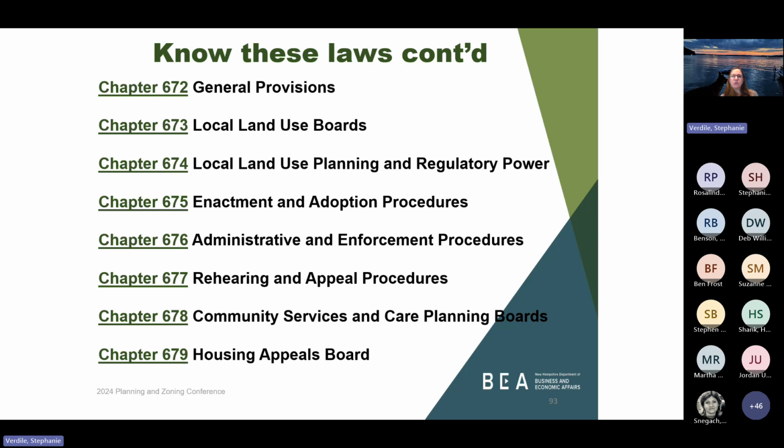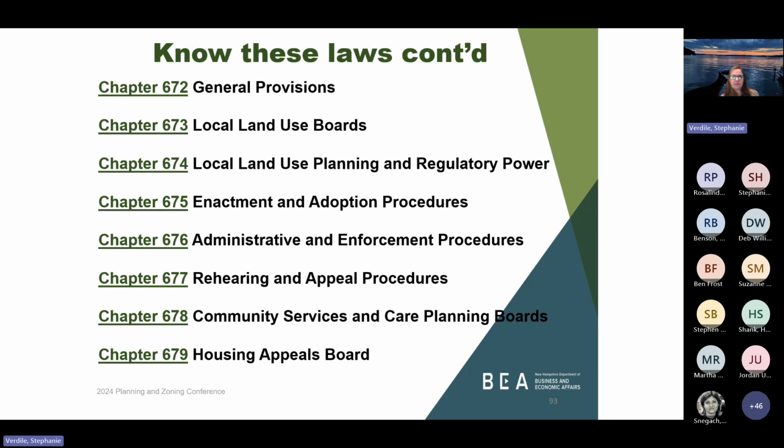You've got to post at least in 2 public places. I believe one of those can be your municipality website if you have one, and posting in 2 public places. Depending on your regulations for what the subdivision says, what your noticing requirements are, some communities still have the notification in the newspaper, but that's the notice to the public. Putting it out on your website, putting it at town hall, posting it at the post office, posting it in the newspaper. It would be the same as if you're having a formal application for a planning board.